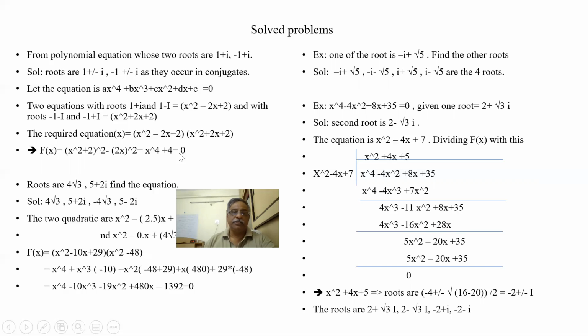So I am getting this equation, which is having roots of. Suppose this equation is given, we have to solve x to the power 4 plus 4 is equal to 0 and find the roots. So we cannot say x to the power 4 is equal to minus 4, so x square is equal to 2i or minus 2i, and x is equal to root of